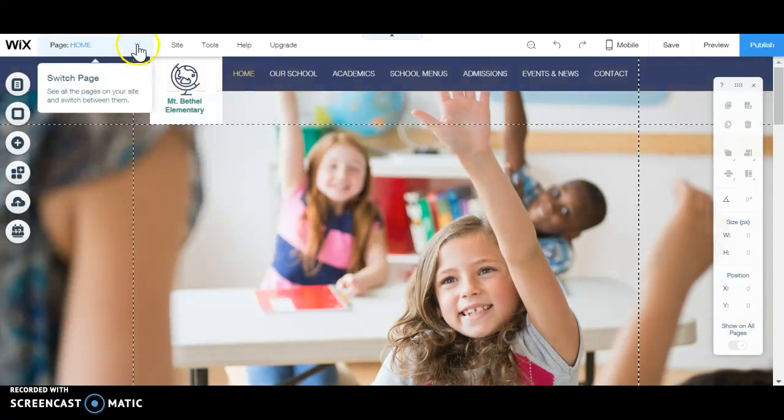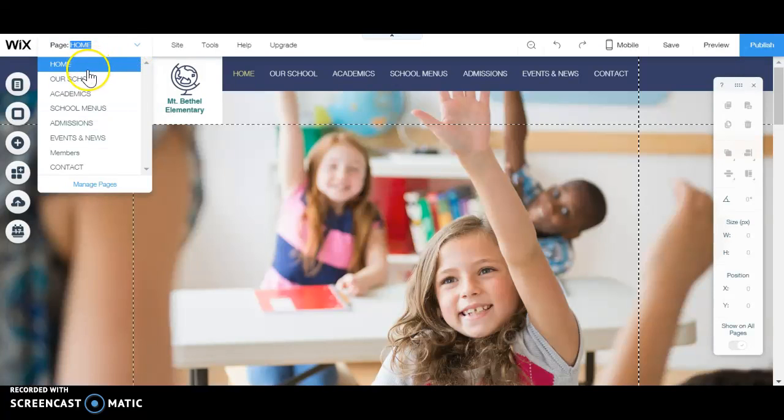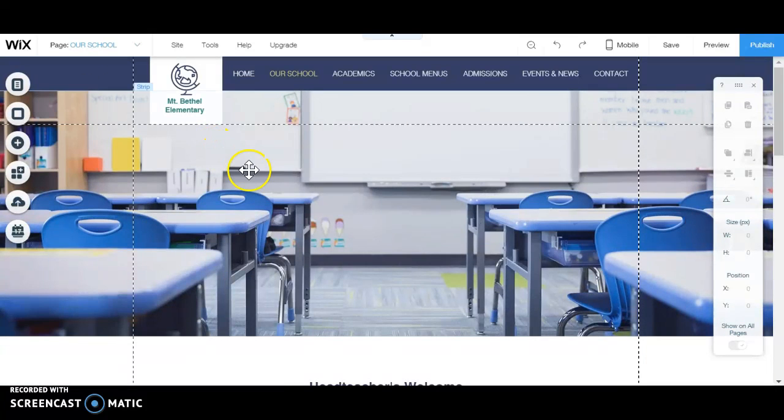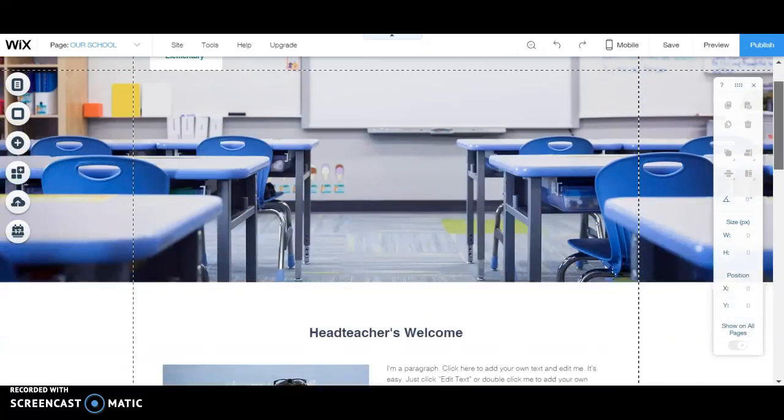In order to access the different pages of your website, you want to come over here to this menu, and you want to click on the caret, the down caret. And this is going to show you the different pages in your site. And the one I'm going to look at is our school. We're going to modify this page so that it is for our teachers,